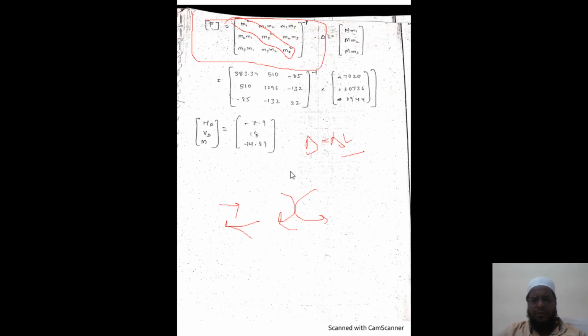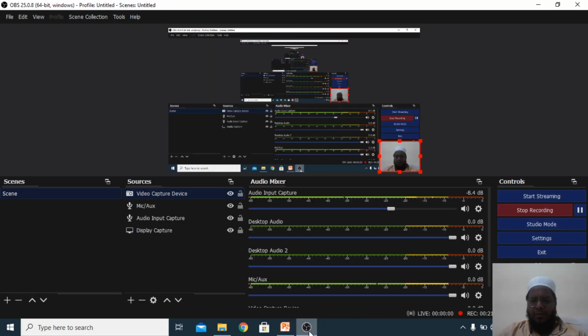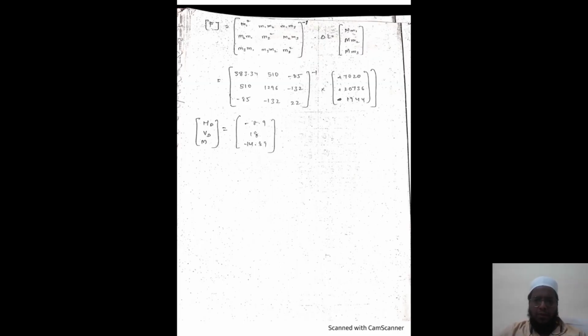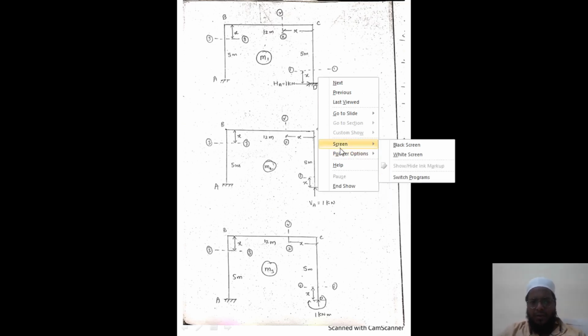Okay, it is a very important problem since it has a 3 by 3 matrix. All right, and here let me show you this one, which is very important. These sections have to be taken care of very carefully. That is, always remember, always try to take the sections or origins to the free end. See here, I have removed this part, right? So always try to take the sections towards the free end.